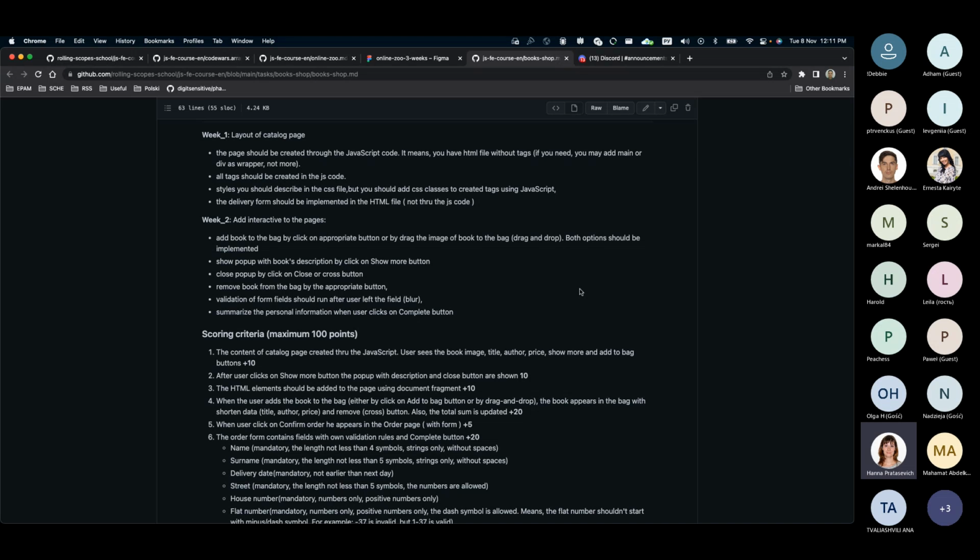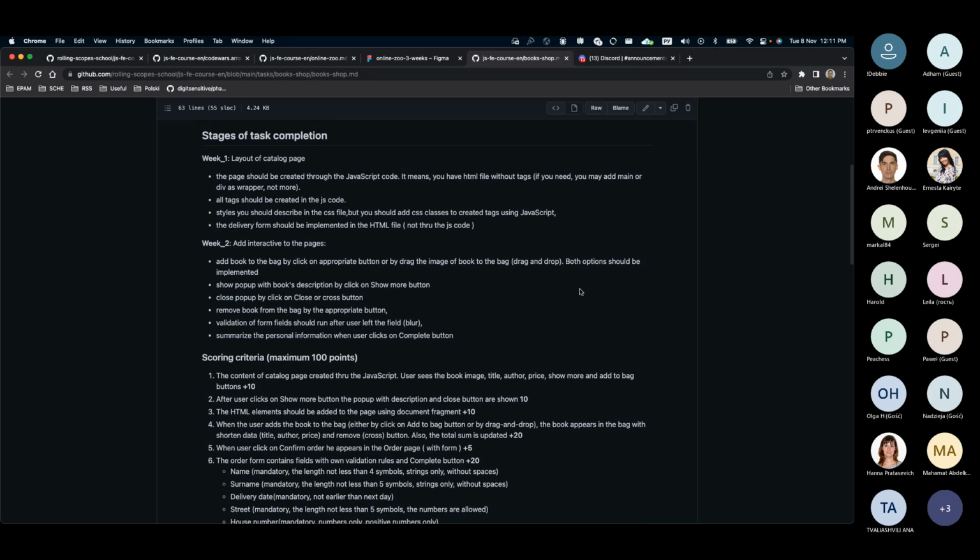These questions are popular in interviews, so you will be able to apply this knowledge and be prepared for the interview. But the page with the form should be created in the classic way through the HTML file.